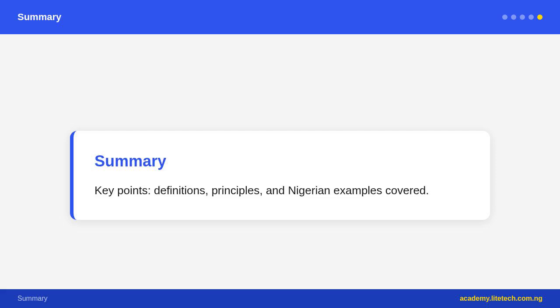Common errors: will in the if clause, wrong. Also confusing type 2, different present/future, with type 3, different past. Also using was instead of were in type 2, which is wrong in formal English.